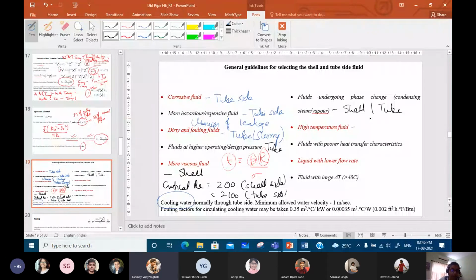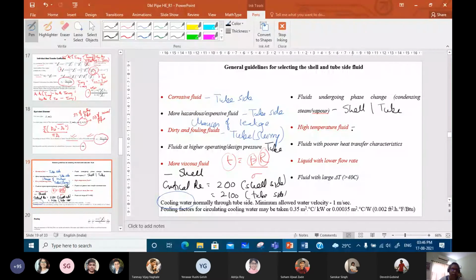High temperature fluid, yeah, definitely. But have you thought about one thing also? I completely agree with you. But the moment you send this fluid on the shell side, the chances of heat loss to the surroundings increase, and therefore the cost of insulation will also increase. Do you agree with me? I'm just playing the devil's advocate, and I'm telling you all these are guidelines. There is no sacrosanct rule. Whatever I have written down are just some typical cases.